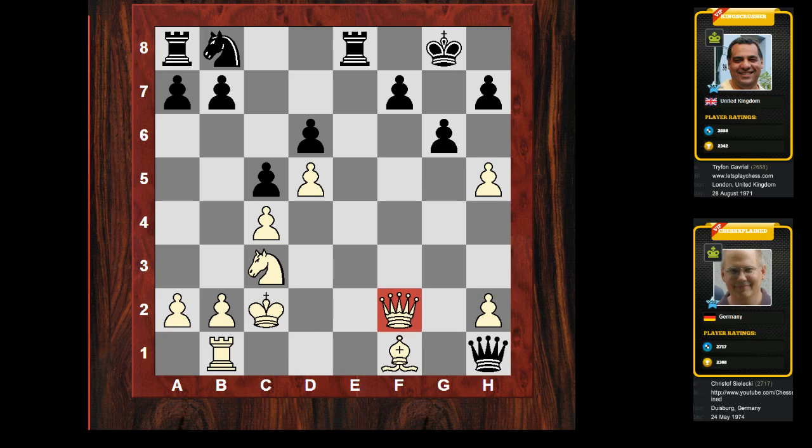It's amazing. I thought yesterday's game was too simple, but this is even more simple. It seems something a lot of club players would have fallen victim to, getting their queen trapped. Especially me. I'm sometimes a bit adventurous with my queen. Oh dear. Yeah, but it's not all the time that